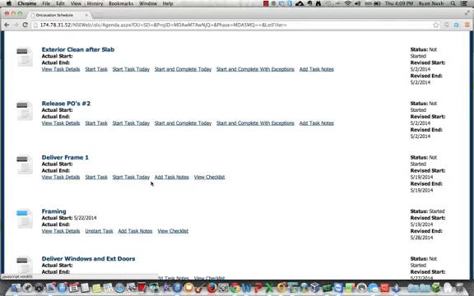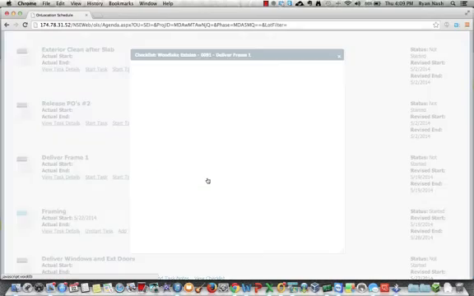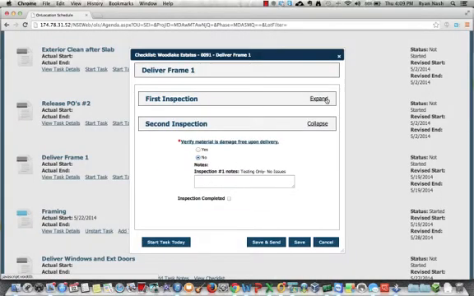You see that complete is not actually available. Release POs, start and complete's available. That's because there's no checklist associated with release POs. If you see checklist available, that means that you have to do the checklist prior to being able to complete the task. So I'm going to go ahead and click on the view checklist, and you'll see that I've already